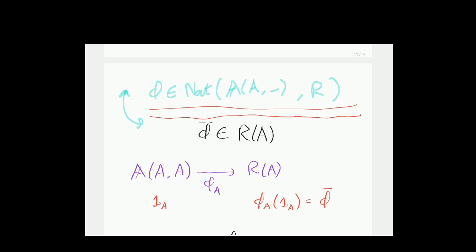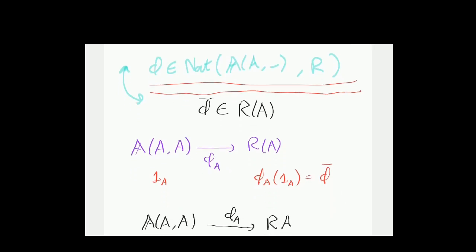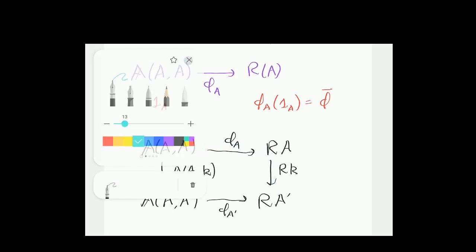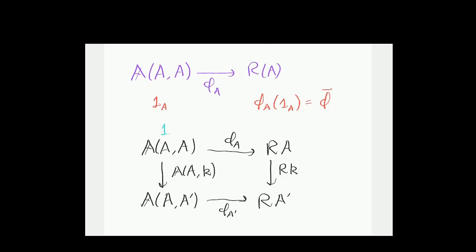How does it work the other way around? Well, basically, this is the diagram that you draw over and over again when you're thinking about the Yoneda lemma. It's like this. So we want phi to be a natural transformation from this Hom functor to R. So we want squares like this to commute. And actually the fact that this square has to commute forces the nature of phi to have a particular form. So the way we can see this is we know that this thing at the top left has this identity arrow as an element. If we do phi of A on that, we get phi of A of